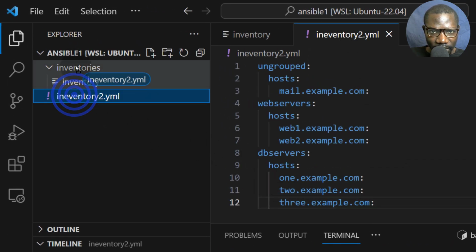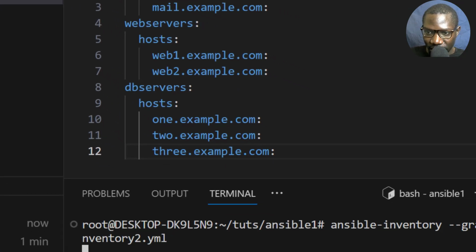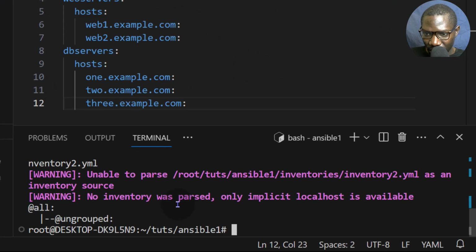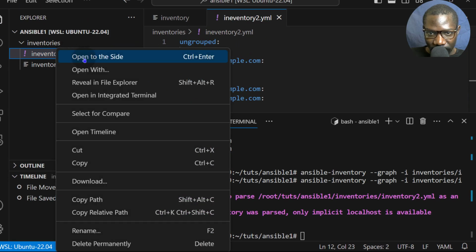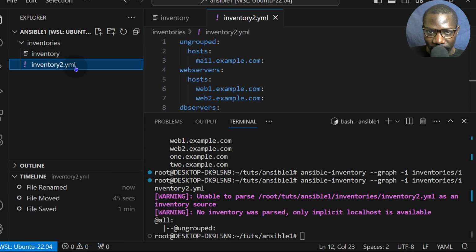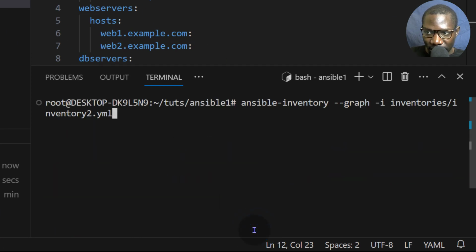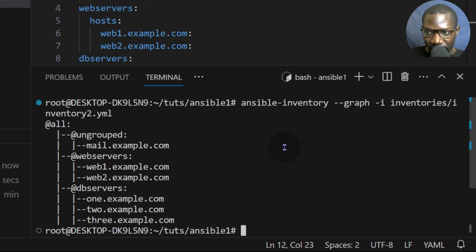Okay, it is not inside there. Move it. We were supposed to create it inside there. After moving it, let's just run that again. And let me rename that inventory2.yaml, Control L. Right, now you see you can work with a YAML file or you can work with an INI file.